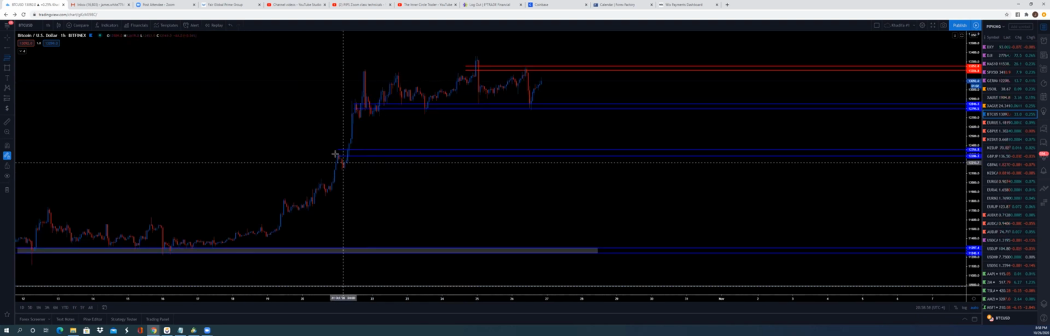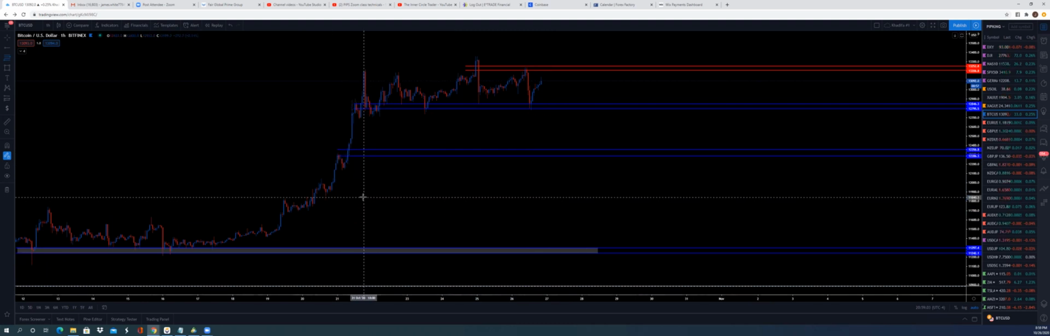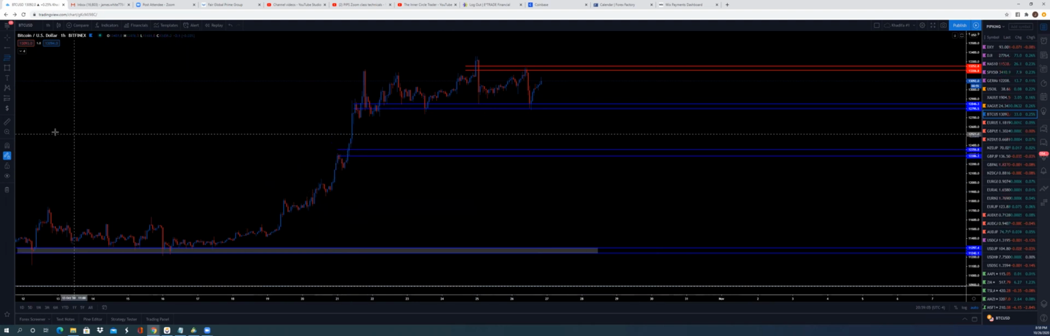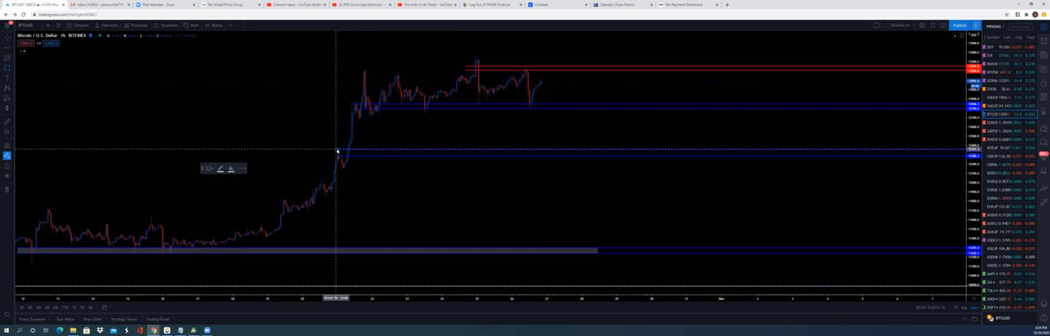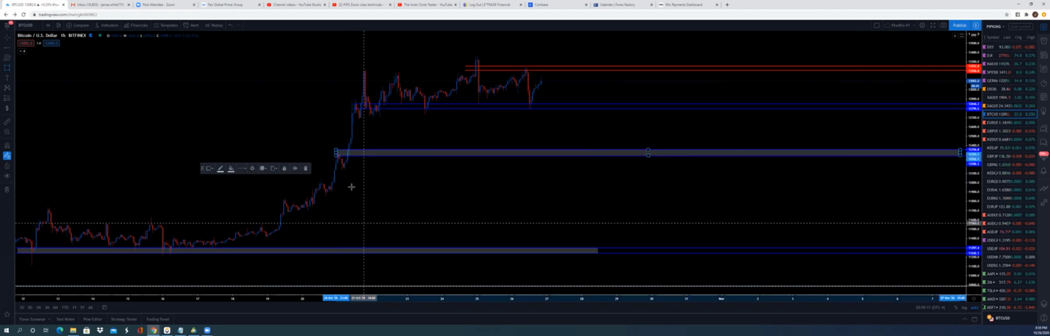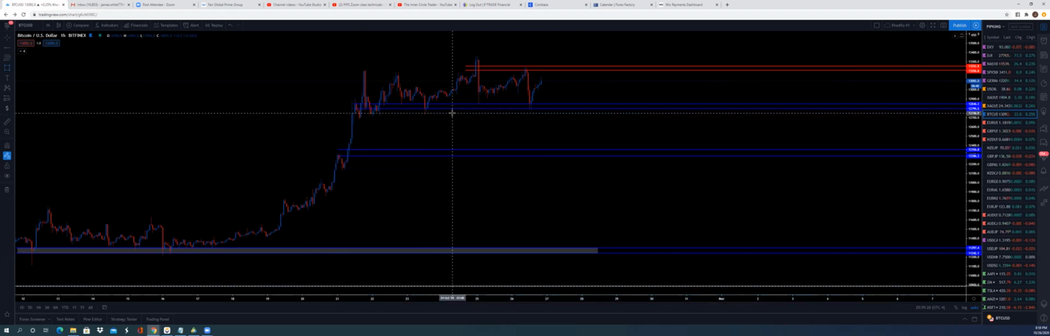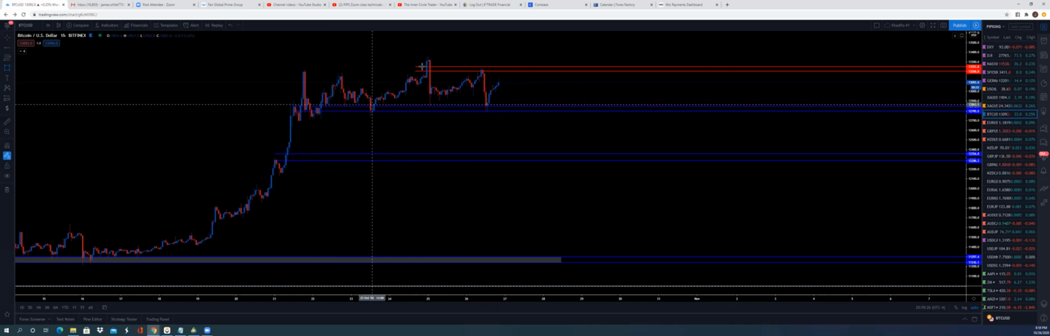there is a good possibility Bitcoin could come back down and retest 12,350 and 12,286. However, since Bitcoin has been holding this support right here,